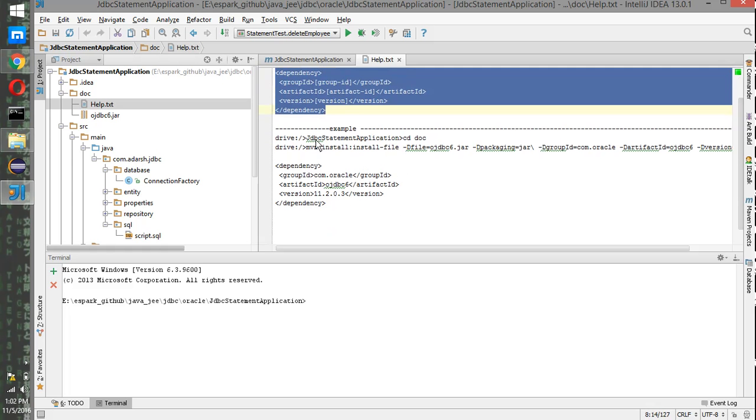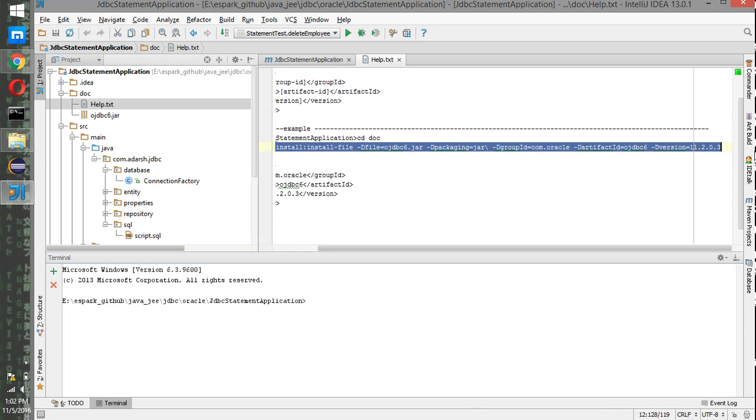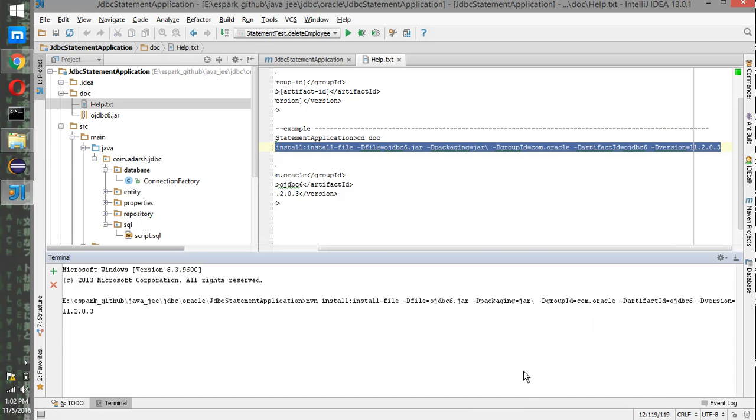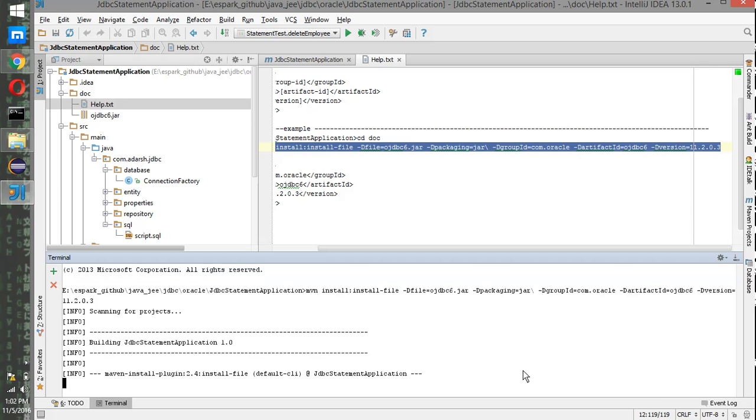So what we need to do, we need to go into the folder which is cd doc. So we are already in that folder. So after that, we need to just copy this command and execute this command here. So what it does, basically this jar file is going to be installed in the Maven local repository. So once you keep this jar file,